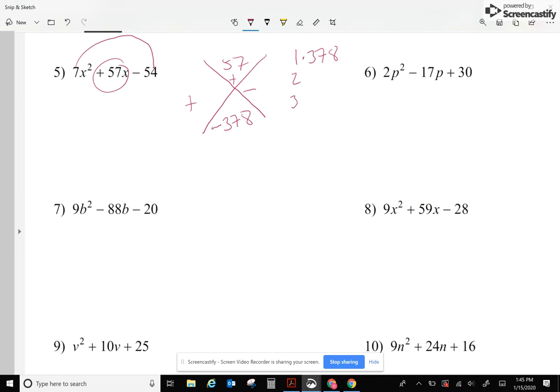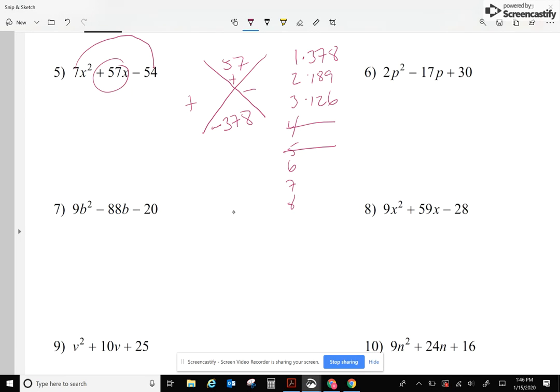Remember, my 1, I'm going to keep on increasing it as far as I need to go. So let me go 378 divided by 2. That gives me 189. When I subtract this number, it is not 57. All right, so 378 divided by 3, that gives me 126. This doesn't work either. 378 divided by 4 gives me a decimal, so it doesn't work. 378 divided by 5 gives me a decimal. It doesn't work. 378 divided by 6,